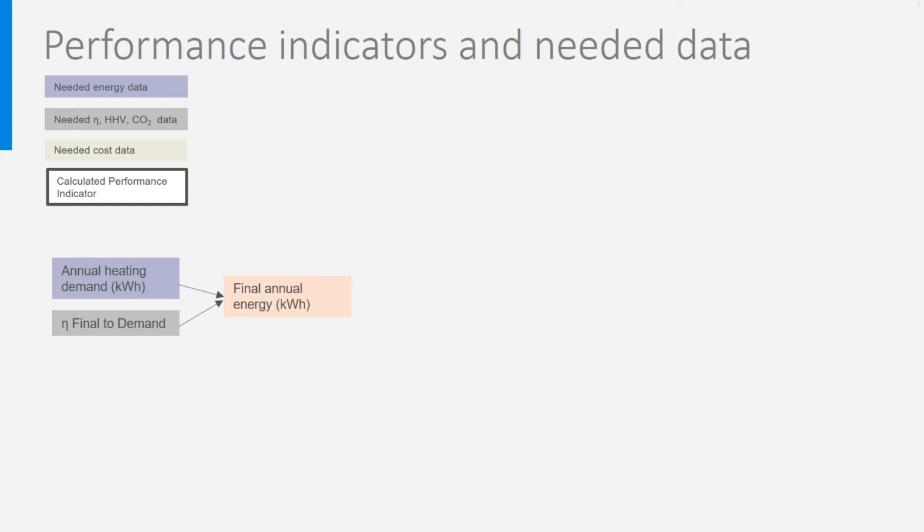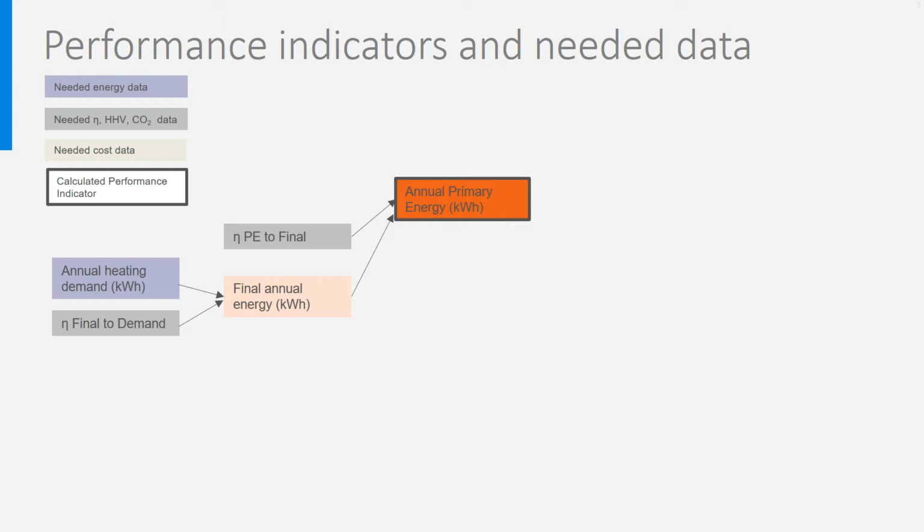We have seen on an example that this conversion efficiency is close to 1 for electrical heating systems, but for non-condensing gas boilers it was 0.7. If we now know the conversion efficiency from primary energy to final energy, we can calculate easily the annual primary energy. I remind you that in our example, the conversion efficiency was 0.4 for Dutch electricity and 1 for gas, as gas is a primary resource.